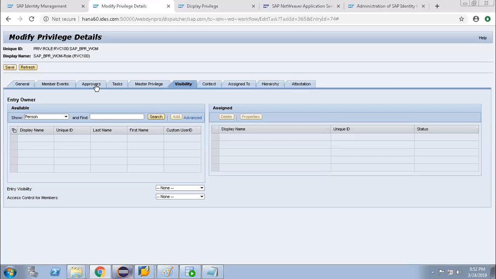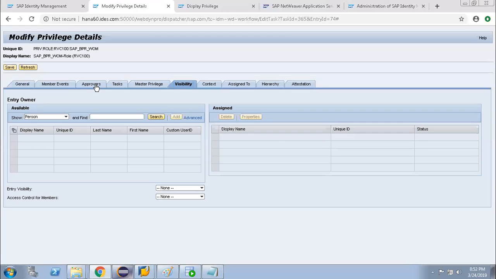Although the roles are obsoleted, they don't delete them. But if an obsoleted role is visible in the IDM system, someone may assign that role to a user.